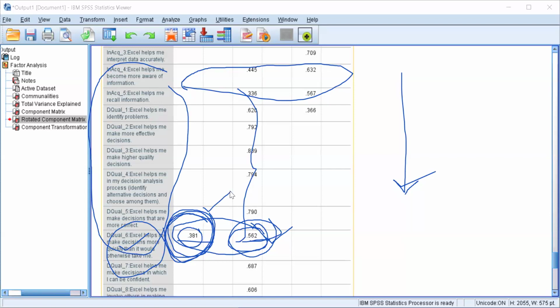So factor analysis is used in 2 times. One, when you have loads of variables and you want to shrink them into a palatable, easily consumable number of variables, then you use factor analysis. Or second, the application of factor analysis is when you are developing a scale, when you are developing an instrument, then you use factor analysis. So factor analysis 2 टाइम काम आता है।